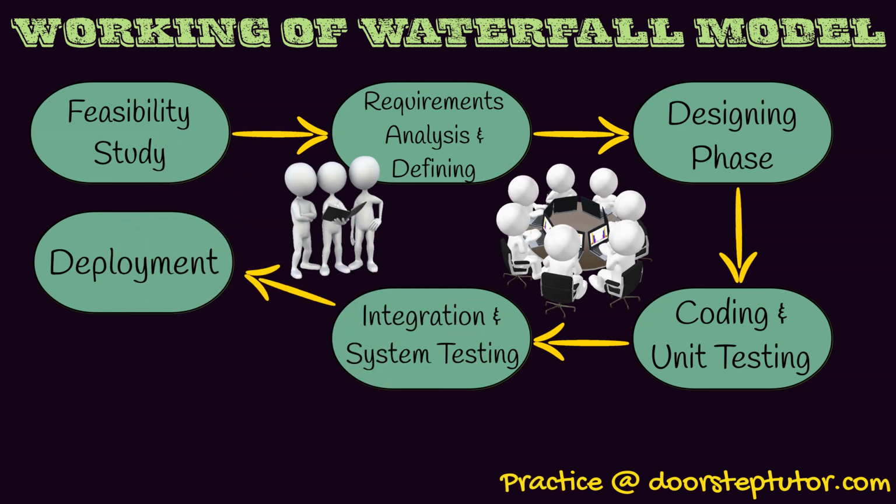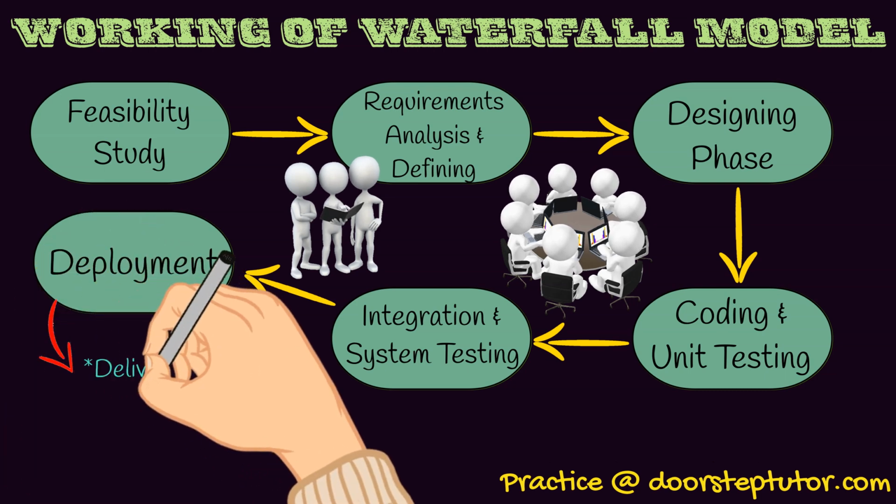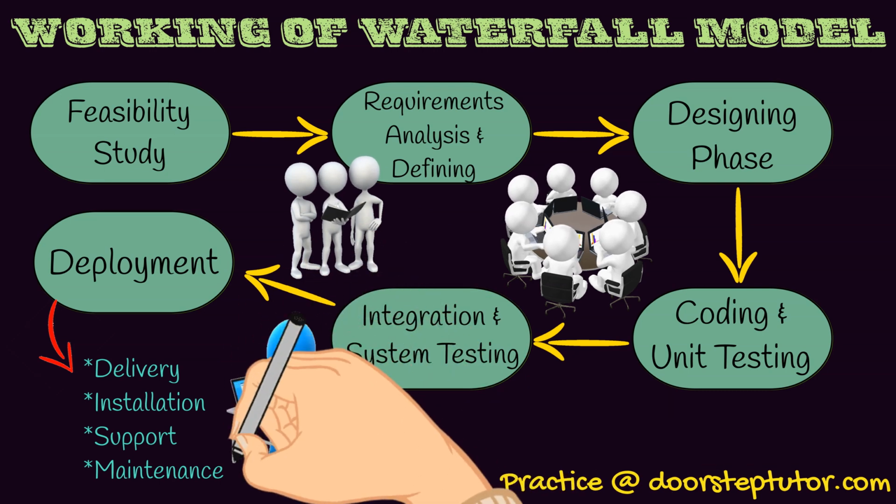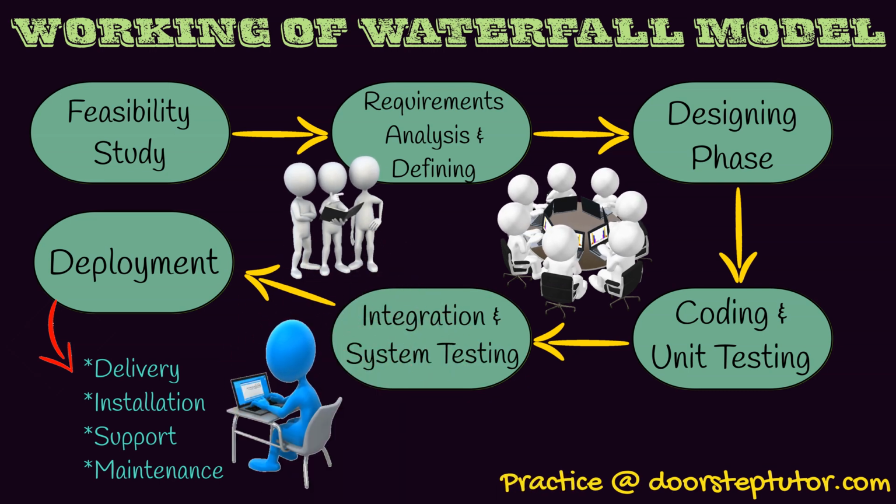Deployment is a very important part. If we have a badly implemented system, it will be really very hard and difficult to maintain. So we have to remove all the errors and all the bugs. We need to fix all of them. Then we will finally be able to deliver the product to the customer. That means that we will install the software in the system, and we will provide full support and maintenance to the customer also. So these are the various steps that are mandatory and they will be followed one by one in the waterfall model.